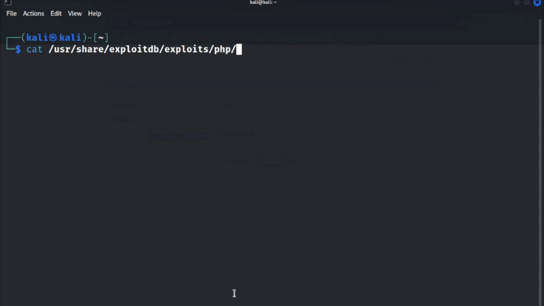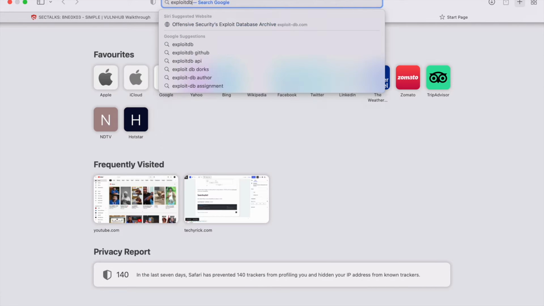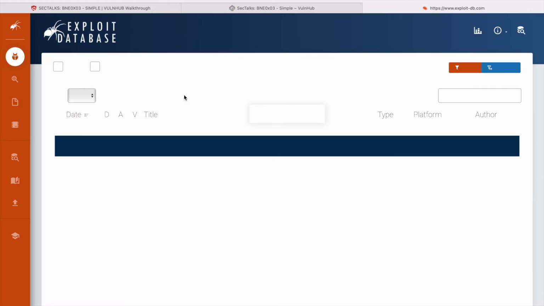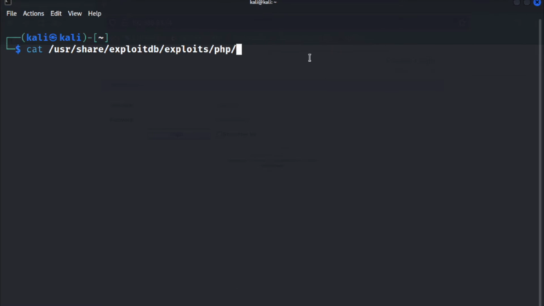So basically Exploit-DB is a website where we can find all the vulnerabilities. The database is over here, so I'll just go to the website and enter exploit db. Over here you could see the Exploit Database. You can search for any vulnerability you want, and you can grab the code. They have organized it in a pretty decent manner. And slash web apps, I guess it is web apps,